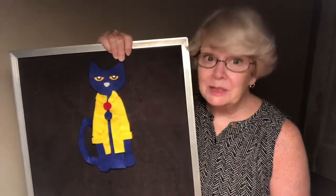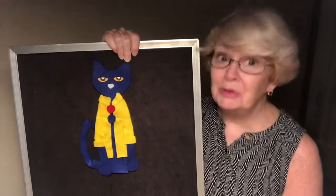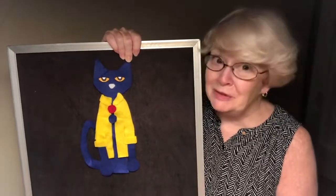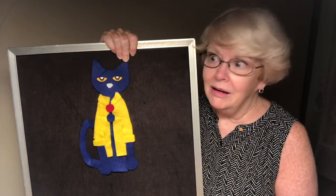My buttons, my 2 groovy buttons, my buttons, my 2 groovy buttons, when, uh-oh,